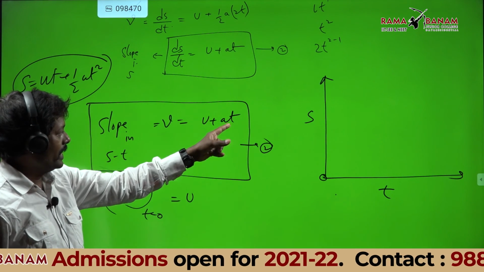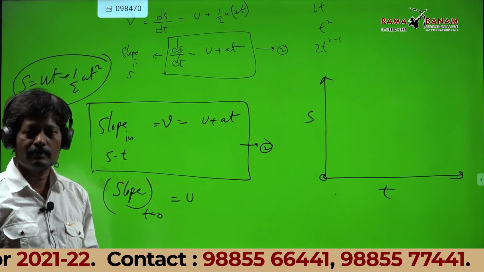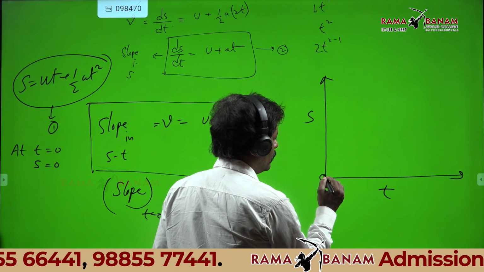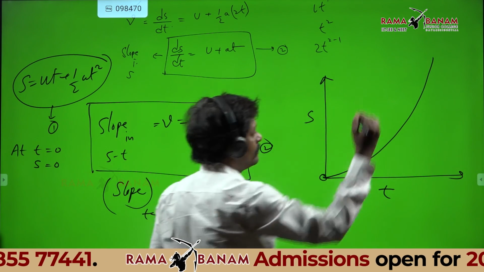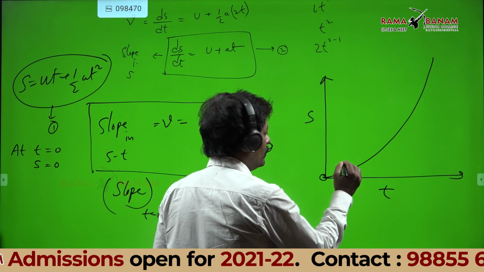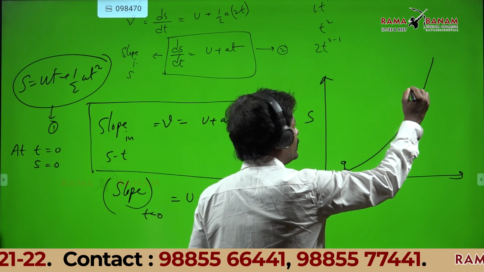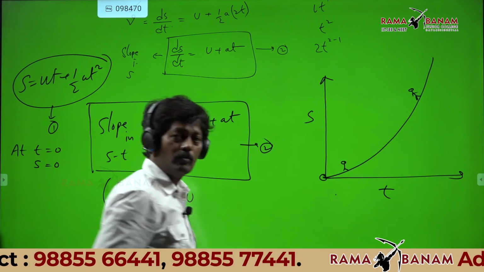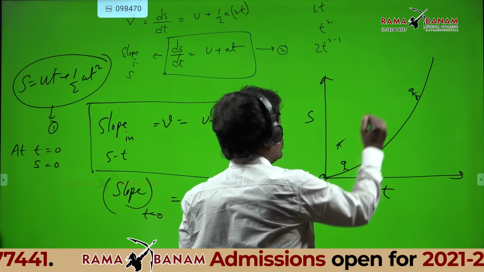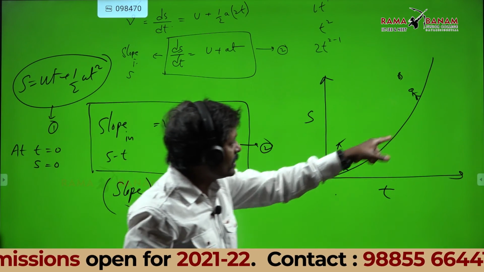Now, as time increases, will the slope increase or decrease? Increase. So can I draw like this? If you are standing here, less slope. If you are standing here, more slope. Where the steepness is more, here the steepness is more. At A and B, at B steepness is more. That means the curve comes like this.